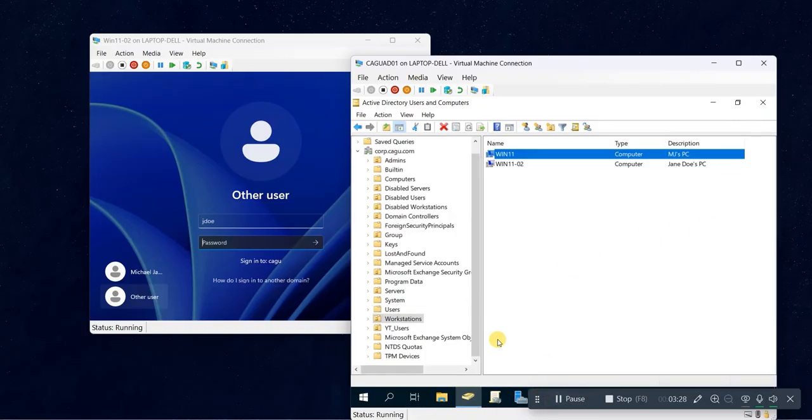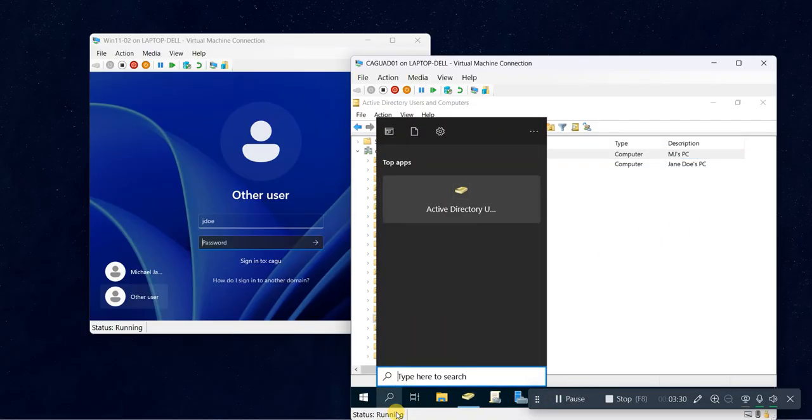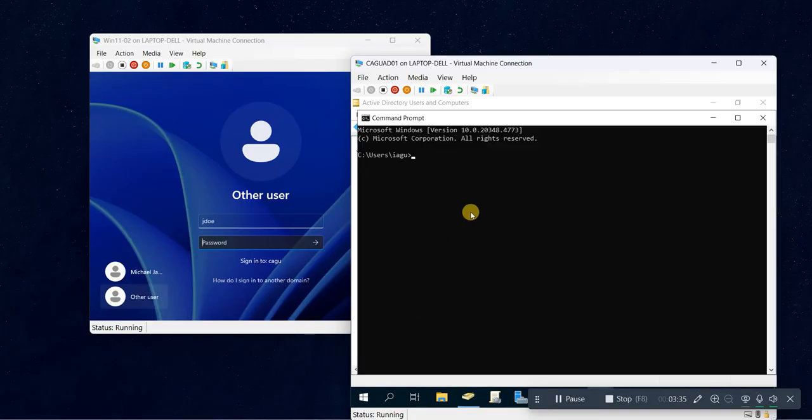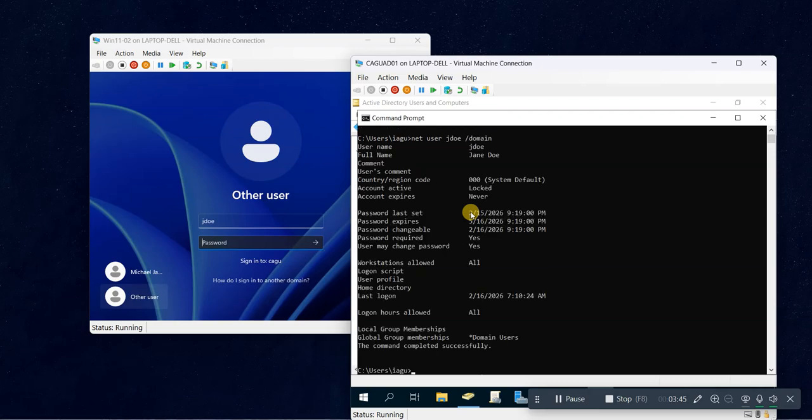What we want to do is, there are a couple of ways you can verify the account is locked. You want to pull up your command prompt. If you notice, net user Jane Doe /domain, and then we can see our account is locked, and then we can also go ahead and verify when the password was last set. So she changed her password roughly a day ago,